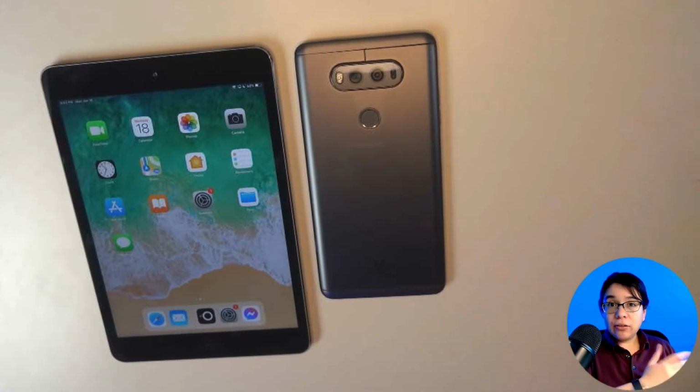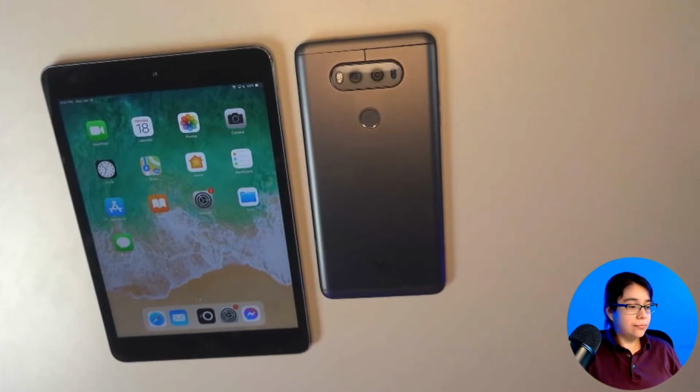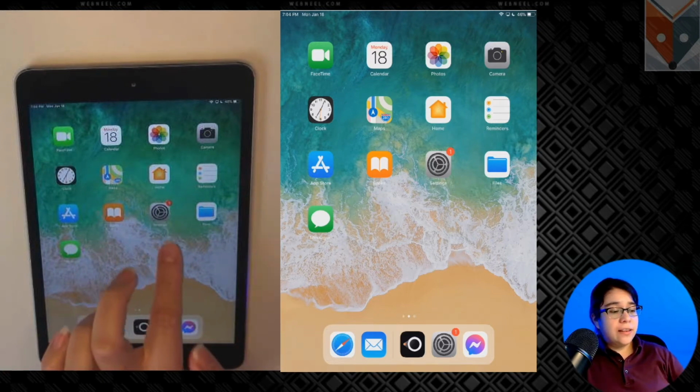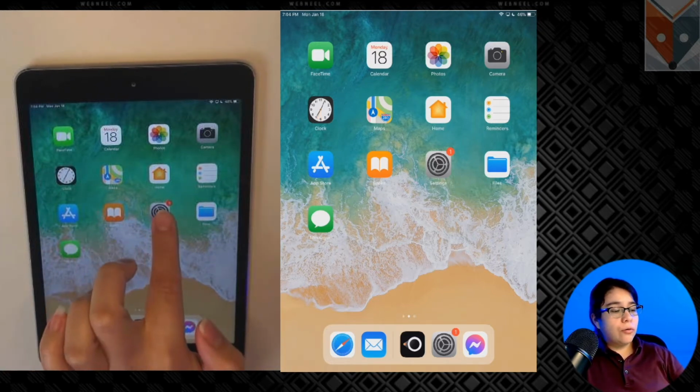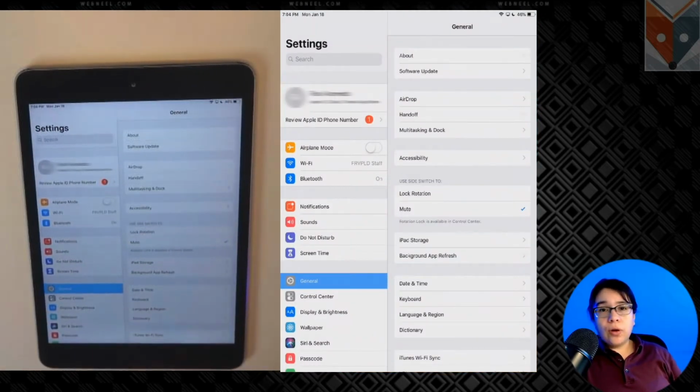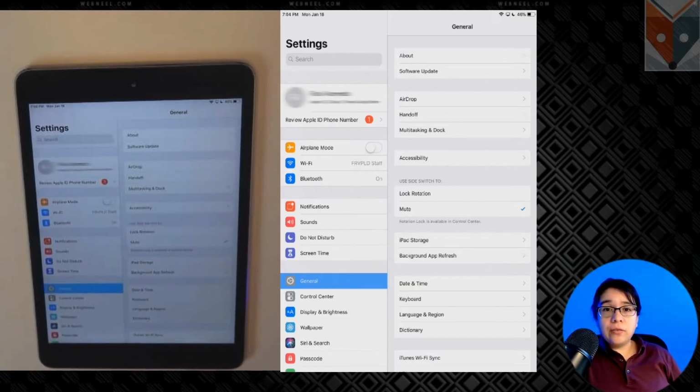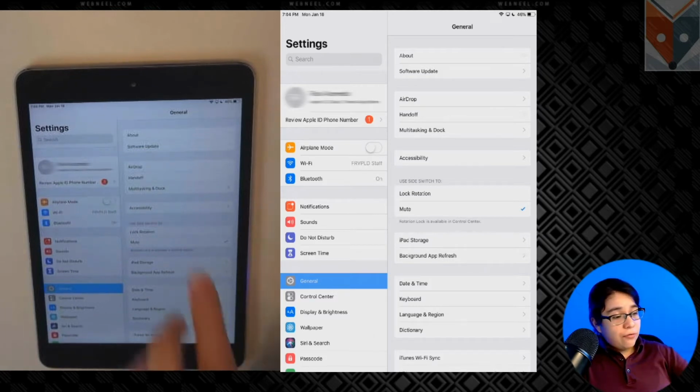But we need to go a step further to determine exactly what it is that we actually have. To determine exactly which version of your operating system you have, we have to go through a few steps. I'm going to start with the iOS device or the iPad here. In order to determine exactly which version of iOS you're running, on your screen, go ahead and find the Settings app. So I'm going to tap it, and on whatever screen you happen to land on, we're going to go to General. And in General, at the very top, we have two things. We have About and we have Software Update. If we tap About,